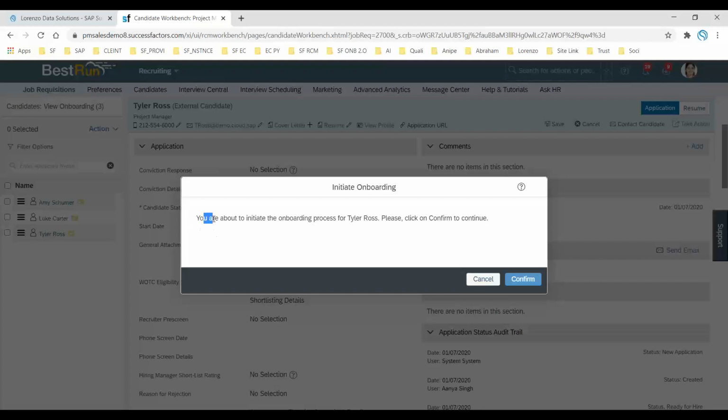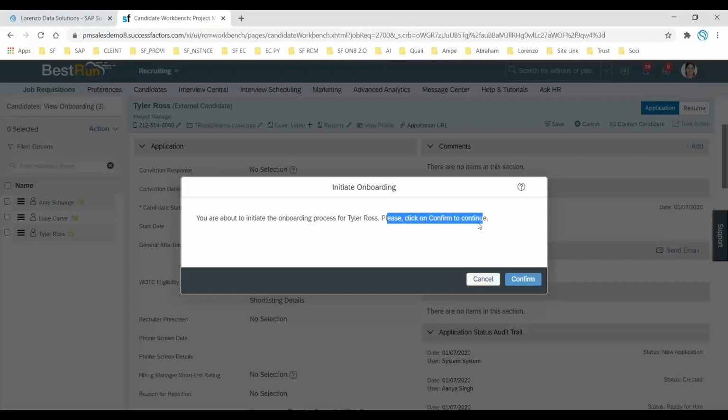Now the system tells you that you are about to initiate the onboarding process for Taylor Ross. Please click confirm to continue. But what I have done here is I just entered the start date, but I have not saved it properly.